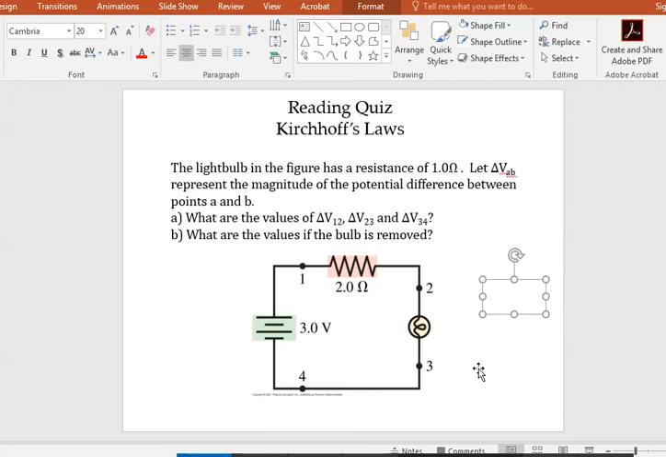So in this case here, we have a light bulb that has a resistance of 1 ohm. So we could actually draw it as a resistor if you wanted to. And so